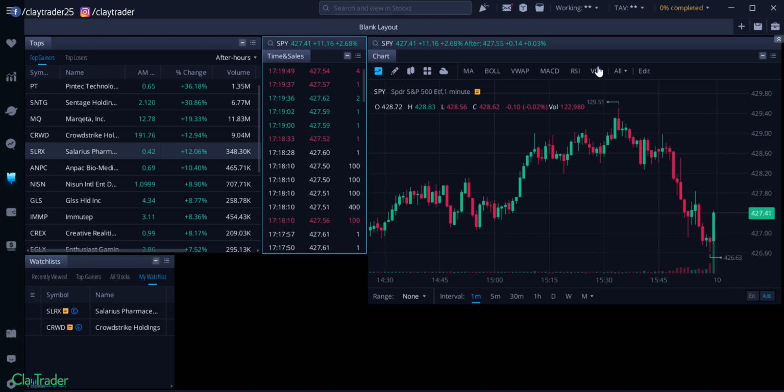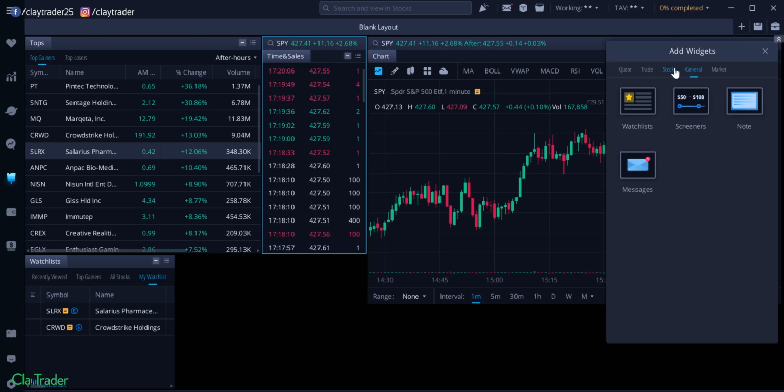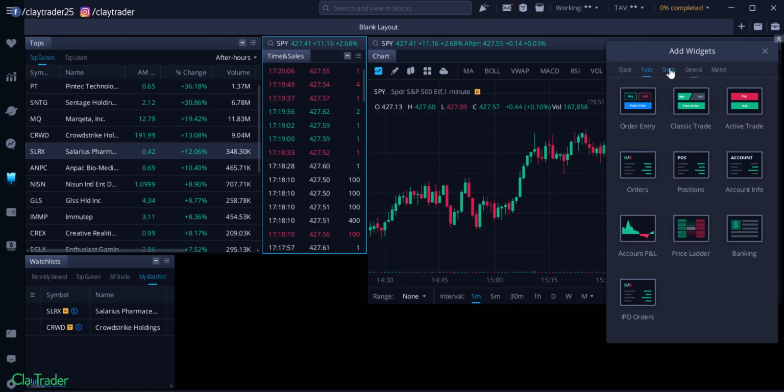But the last thing you're going to need is, well, okay, we've found stocks via the scanner. We've observed the stock via the time and sales and the chart. We now have built more specifically a watch list of stocks that we want to narrow down, because we've had a lot at first with that scanner, but we've narrowed things down with the watch list. But we are traders, and part of trading is you need to buy and sell stocks. So what else would you need? Well, again, over here, the final thing here is we're going to want ourselves